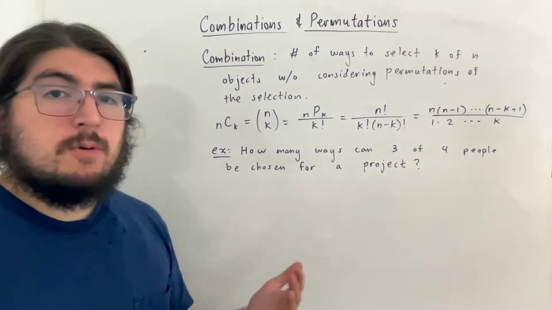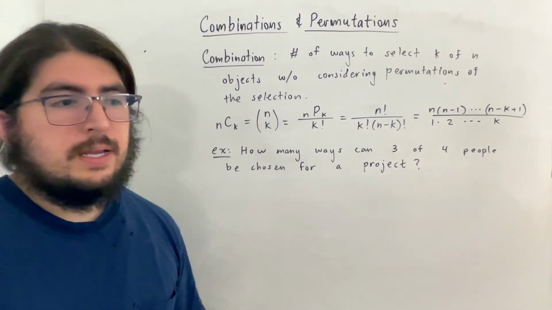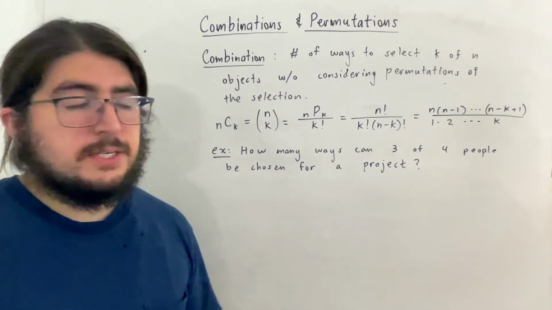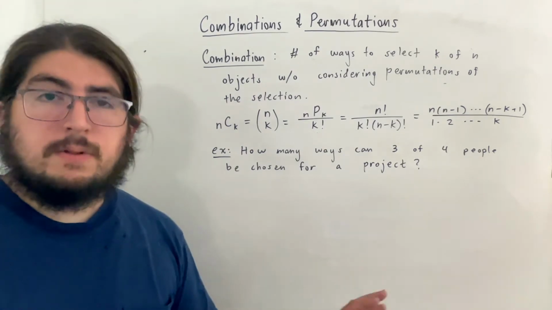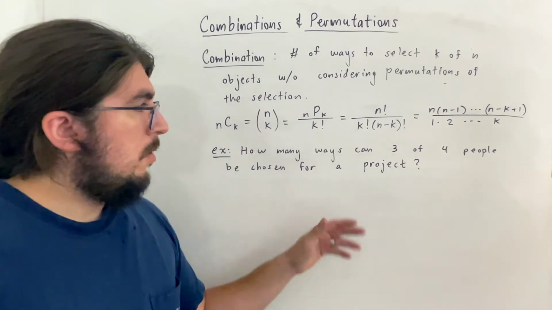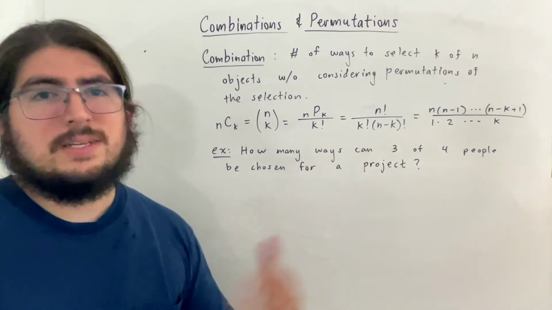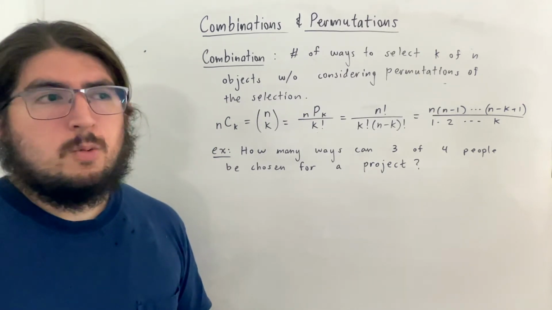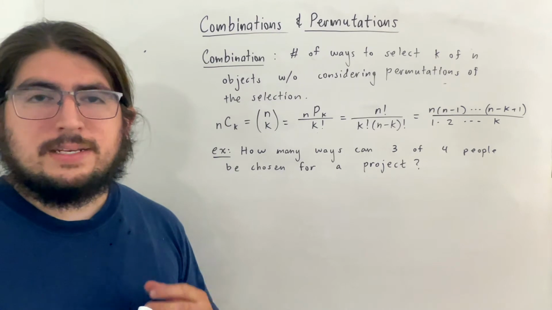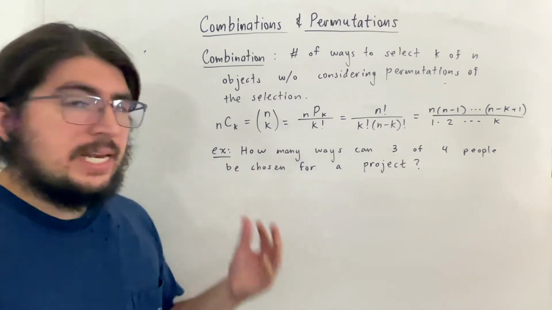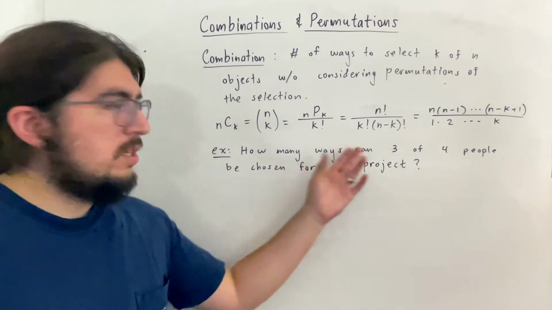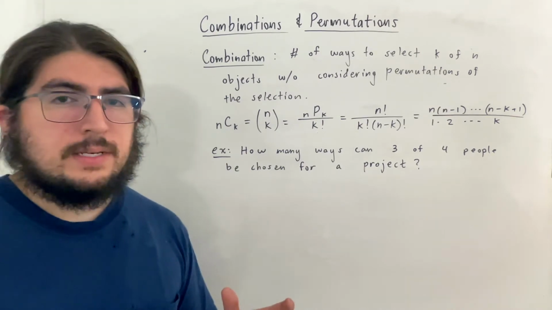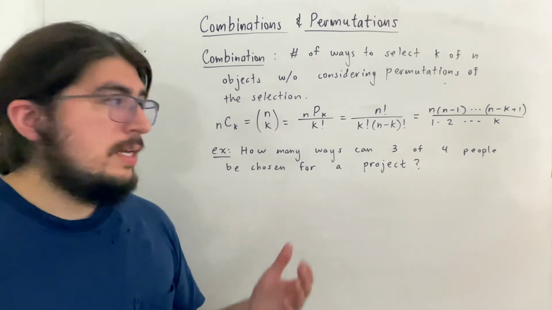How many ways can 3 of 4 people be selected for a certain project? So let's say you have 4 people working in an office or something, and you're the manager, and you want to pick 3 of those people and task them to do a project, while the other person that you're not selecting does some other assignment. So how many different ways can you choose 3 of those 4 people? Well, notice there is no given task for each one. So when you have a question stated like this, where it's very vague, choosing 3 of 4 or 3 of 7 or 5 of 7 or whatever, if there's no assignment of these things, then you're